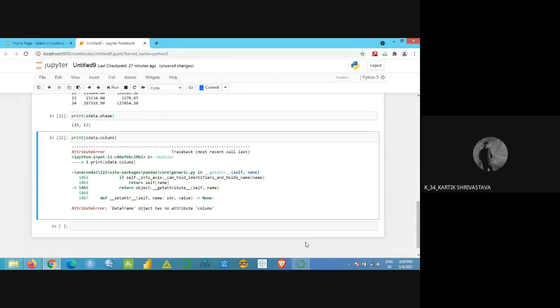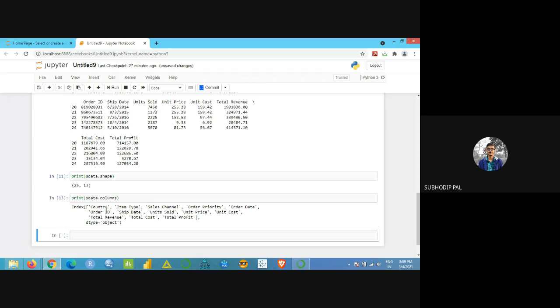Anyone? Column spelling. It's missing n. Right. Now see, these are all the variables. From this output I can easily understand how many variables are there and what my variables are. I can easily do my further analysis.